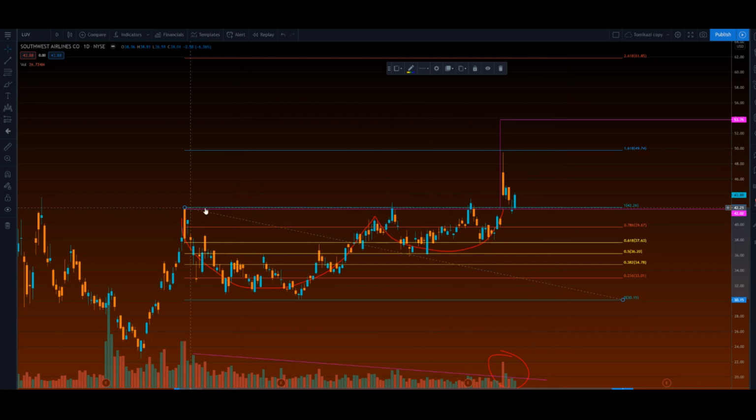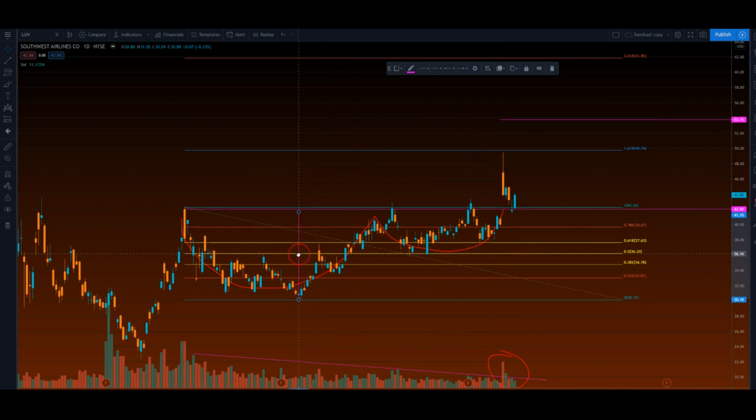And then you can see what we're looking at here is the retesting of the neckline, and then a bullish engulfing candle after a morning star, as we've been talking about. This is a very bullish sign that we are getting a strong reversal pattern in Southwest Airlines. So what is the upside? I have here highlighted an upside right here of 53.76, and to get that, all I did,